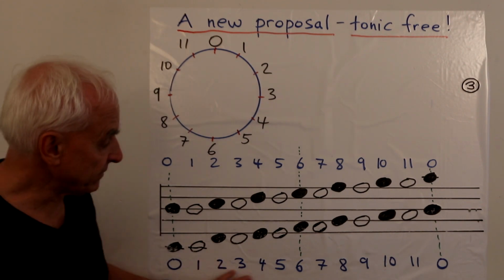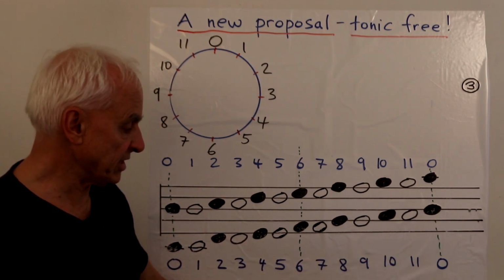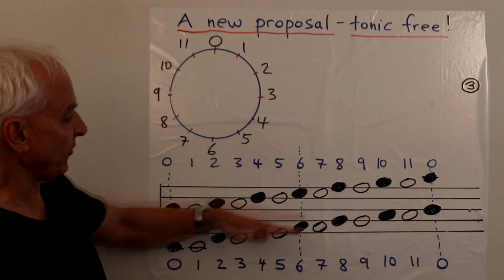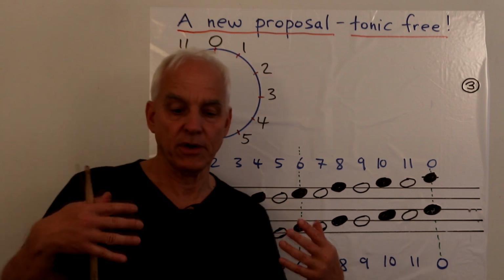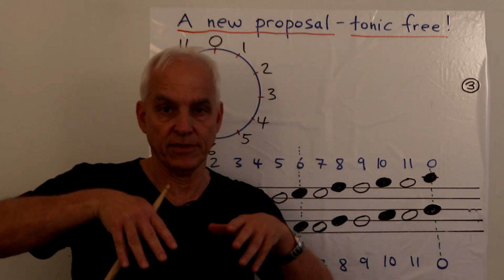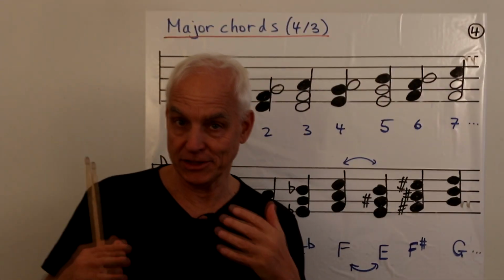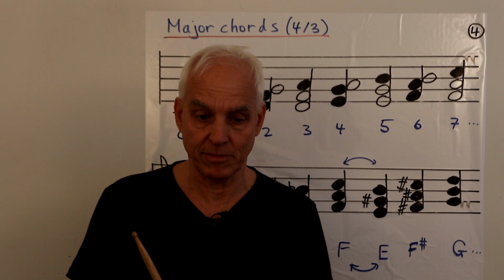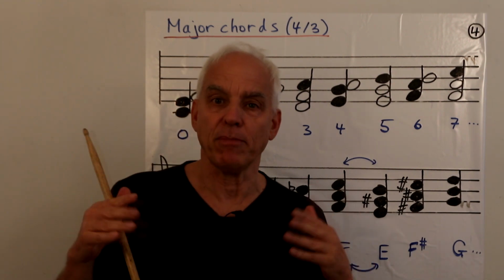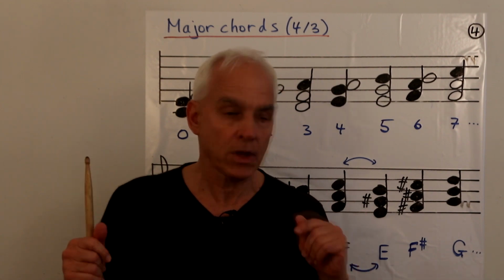So if there was a bass clef down here, there would also be 2 octaves from the 0 down here to the 0 to this 0 here, and then another 2 octaves from this 0 to that 0. So 4 octaves altogether, spanned in a nice way by the bass clef and the treble clef together. So a little bit more experience getting our heads around this new proposed system, which we might call sort of like a parity system, because the black and the white stories are pretty well on the same footing here.